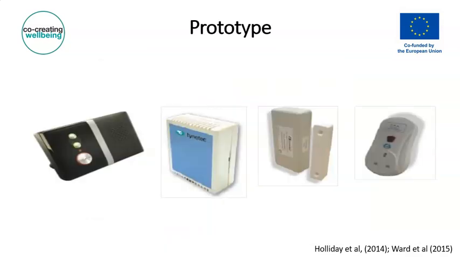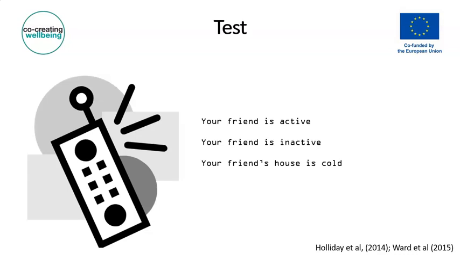So once we had this information, we were ready to move to a prototyping stage, and we were able to prototype the service repurposing existing assistive technologies, which included a 3G enabled base unit that enabled the system to work. We had a temperature sensor, door sensors which could be put on a cereal cupboard door or a fridge door, for example, and sensors that picked up on the use of electrical devices. And as I mentioned before, this could be plugged into a kettle, a TV or a radio, depending on a person's particular daily routine. So the service would then use information from these devices to send alerts to chosen friends